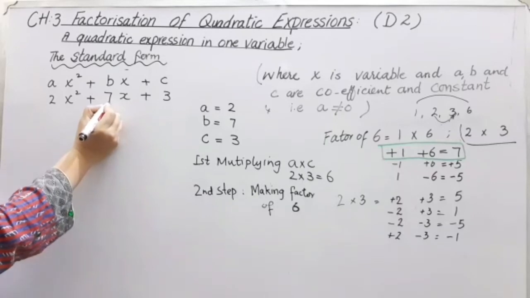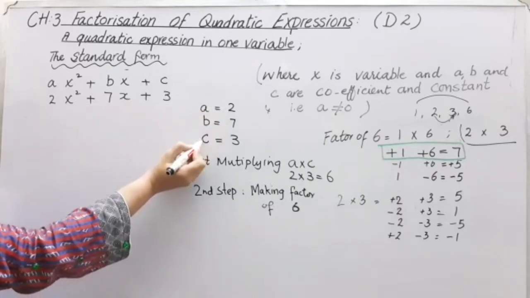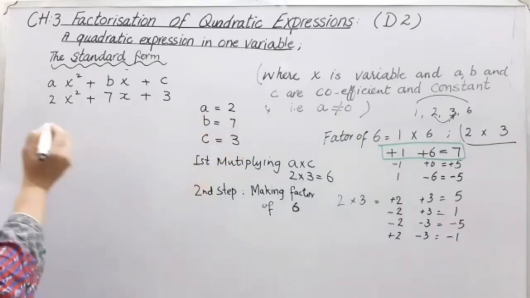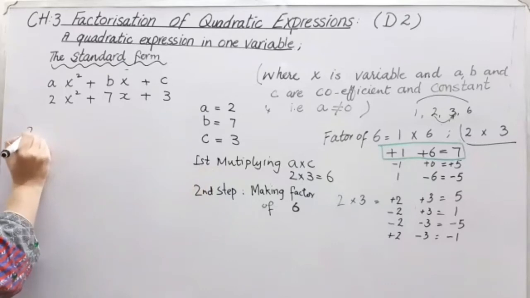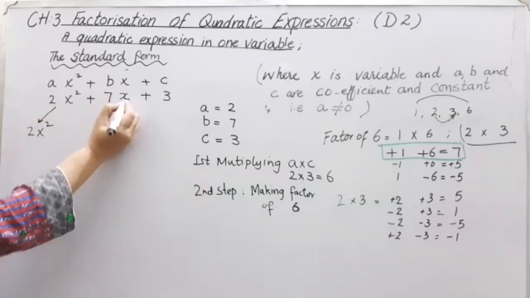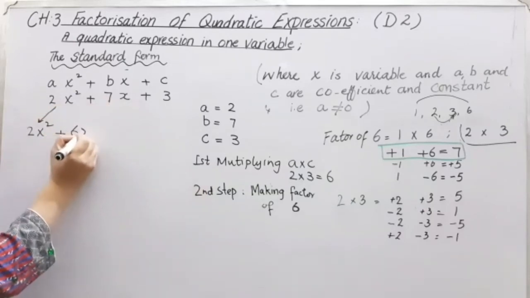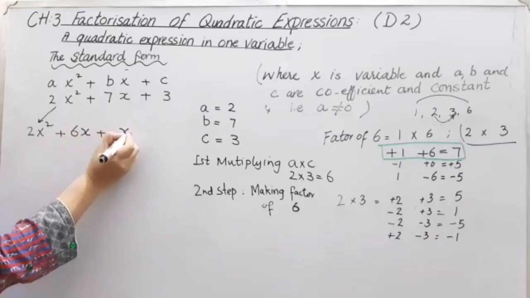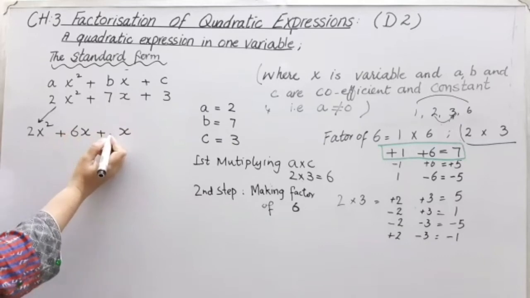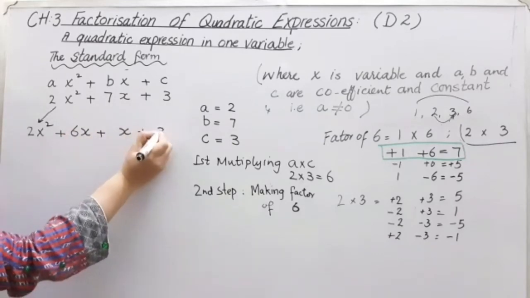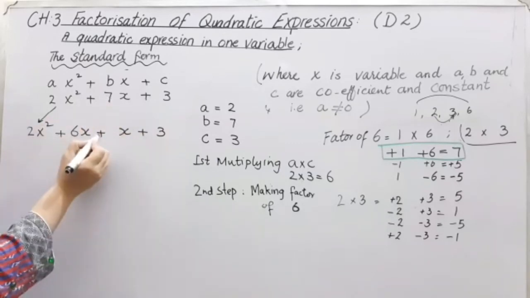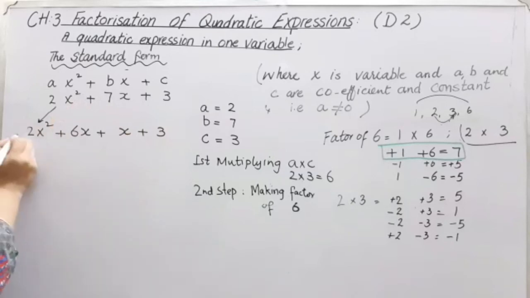So we make the factors of a into c which give us b. So 1 and 6. First we take the bigger one. 2x square comes in its place. 7x is split into 6x plus 1x. No need to write 1x when there is nothing written; 1 exists there. Plus 3. So 6 plus 1 is 7. Plus sign, plus everything you should check here.